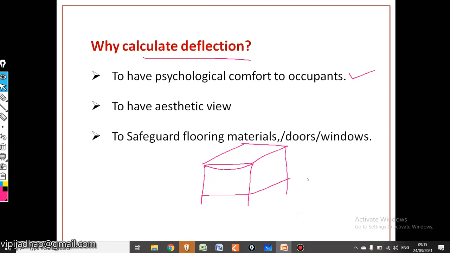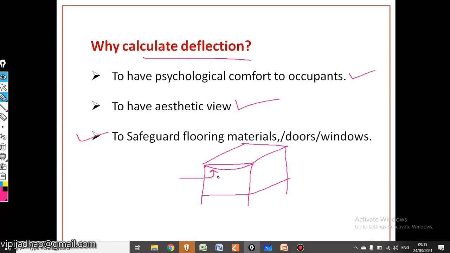So the second reason for calculation of this slope is to have an aesthetic view, because if you are having a large deflection in your beam, which is as shown here, what will happen? The aesthetic view of your building will be damaged. And the third point for calculation of your slope is to safeguard the flooring materials, doors and windows, because